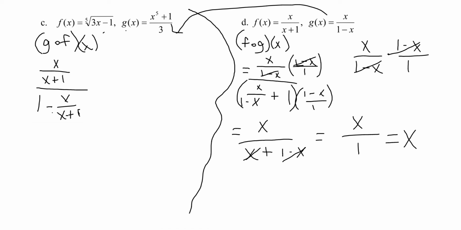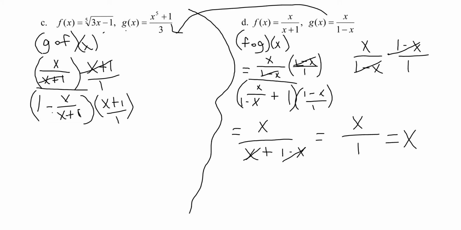And again, to get rid of these complex fractions, we're going to multiply by our common denominator of x plus 1 over 1. And so we have x plus 1 over 1. So on the top there, our numerator and denominator will cancel out. It leaves us with x. Then on the bottom, 1 times x plus 1 is x plus 1. And when we do x over x plus 1 times, for the other one, x plus 1 over 1, remember the x plus 1's cancel and we get